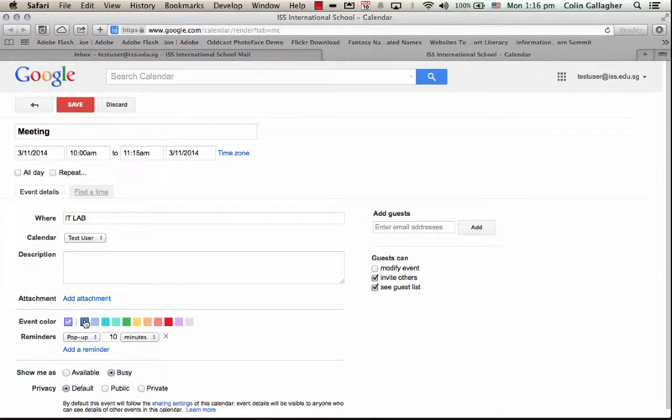You can set a reminder for yourself. You can either have a pop-up, or you can have an email sent to you, which is very useful. You can show yourself as busy, and the privacy is default. It's fine. What you can do to this meeting is you can actually centralize the event in your Google Calendar